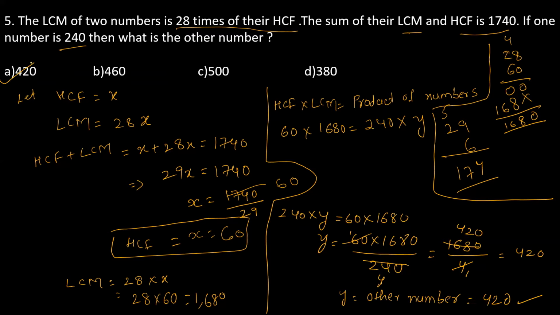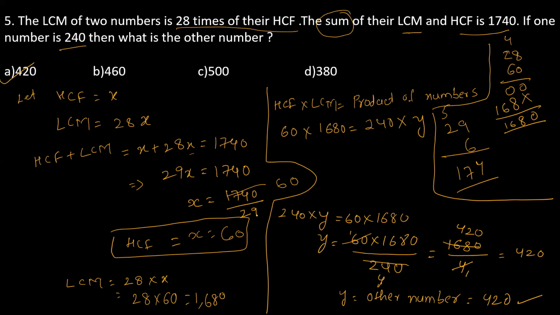So in this question, you have to read the question properly. What is given, what you have to find, use the given information, and find the required number. First of all, we don't know the HCF, so I'm considering it as X. So the LCM will become 28 times the HCF, so 28 into X. And the given sum of their LCM and HCF. Sum means addition. So HCF plus LCM is equal to X plus 28X is equal to 1740. X plus 28X, X will become 29X is equal to 1740. Now divide 1740 by 29.